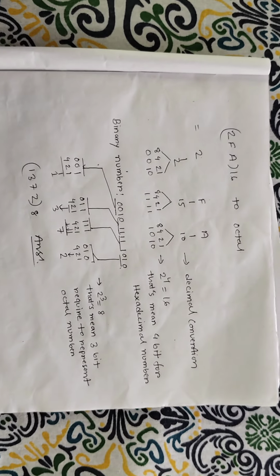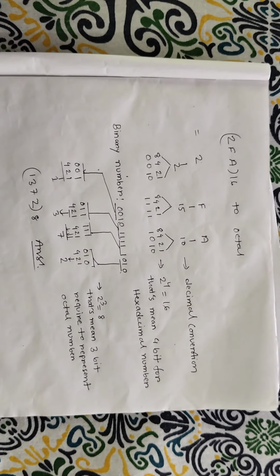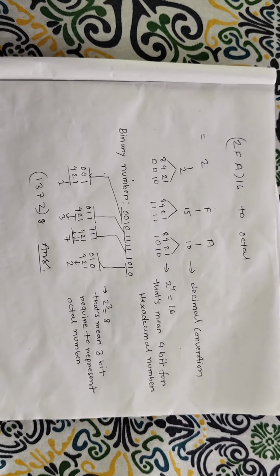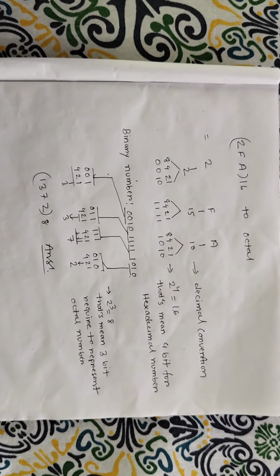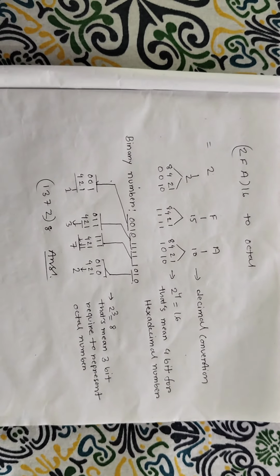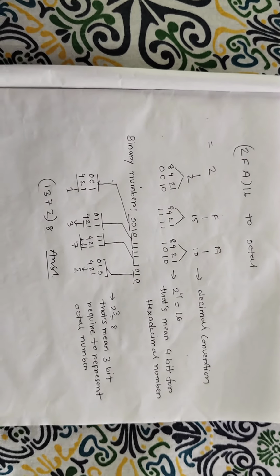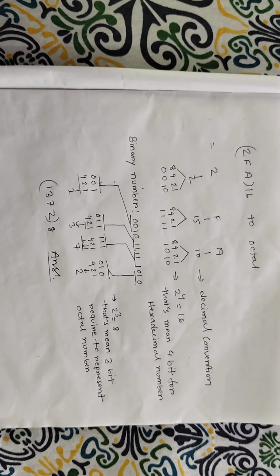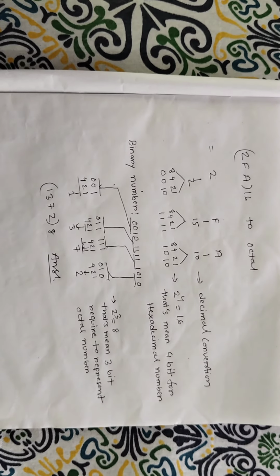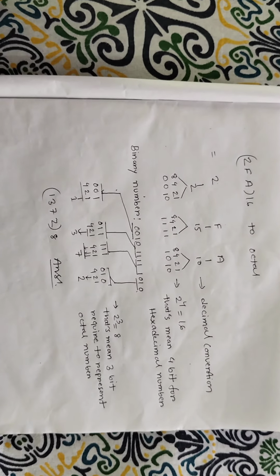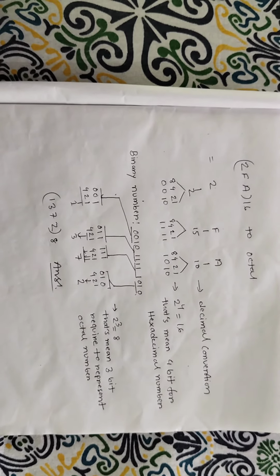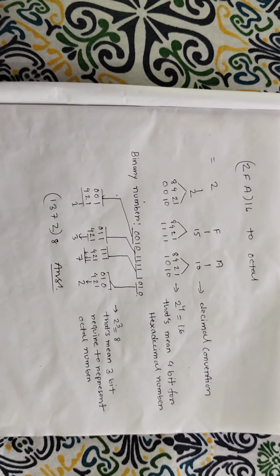2FA is a hexadecimal number and we need to convert it to an octal number. We have converted 2FA into the corresponding decimal numbers: A equals 10, F equals 15, and 2 equals 2. After that we have converted the decimal numbers to binary numbers, and it's known to us that for a hexadecimal number we